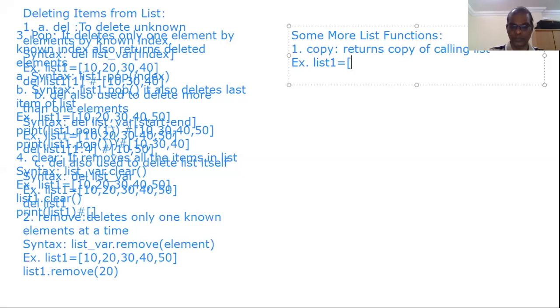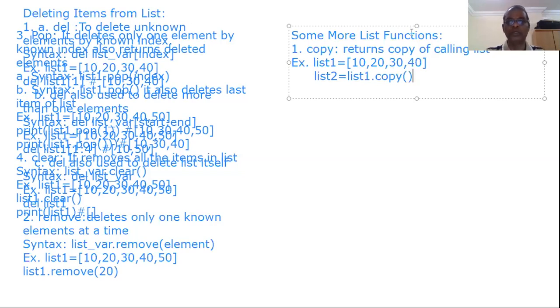List 1 equal to 10, 20, 30, 40, 50. List 2 equal to list 1 dot copy. That's all. Now list 2 also contains whatever is available in list 1. So consider list 2 is a copy of list 1. Whatever element available in list 1 will be copied into list 2.